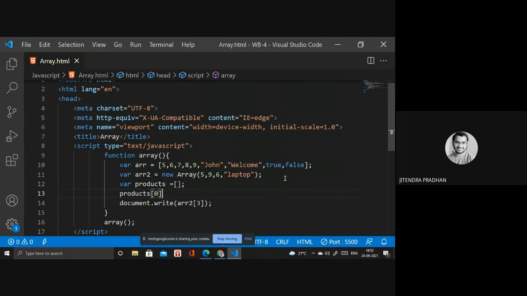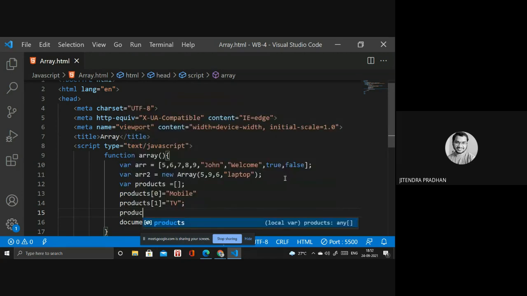Then you use mobile, product one, TV. Okay, product, we have gaming laptop.